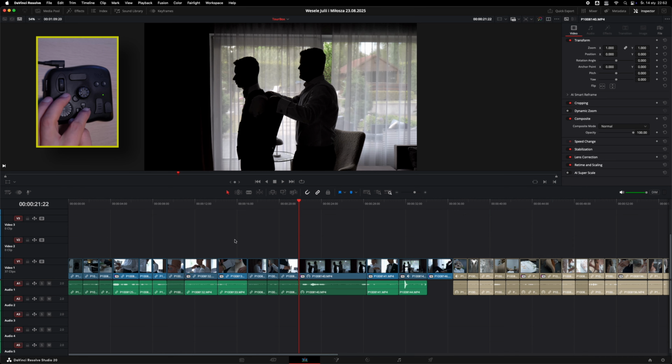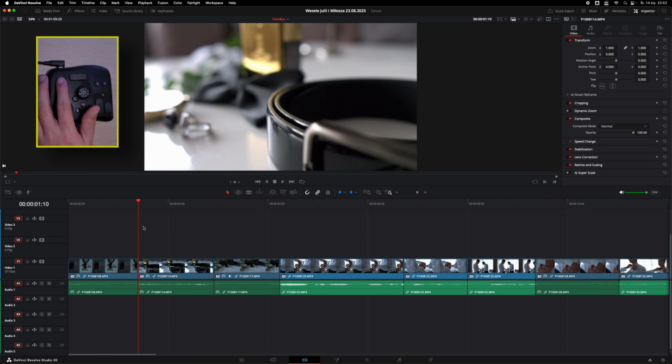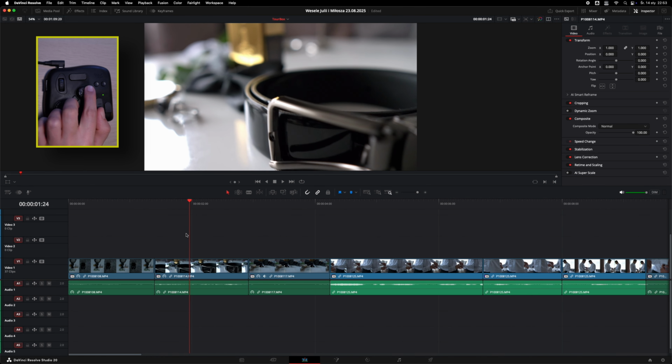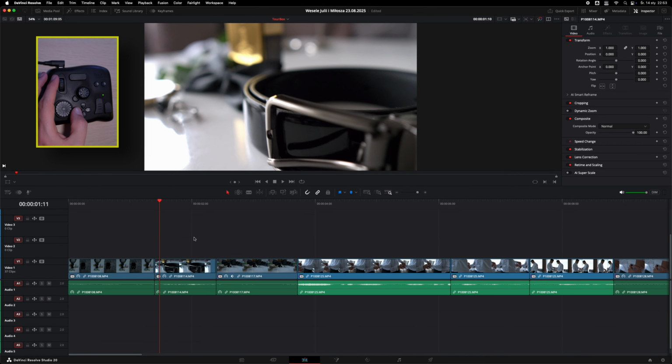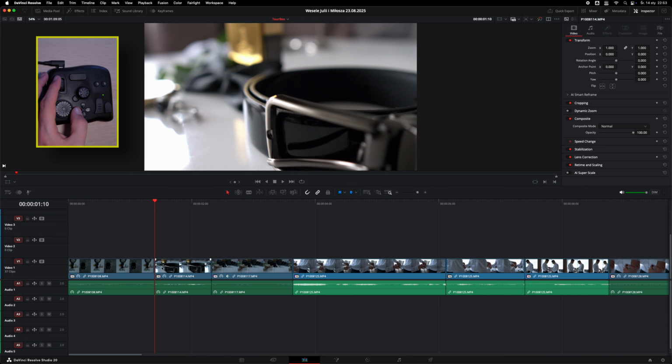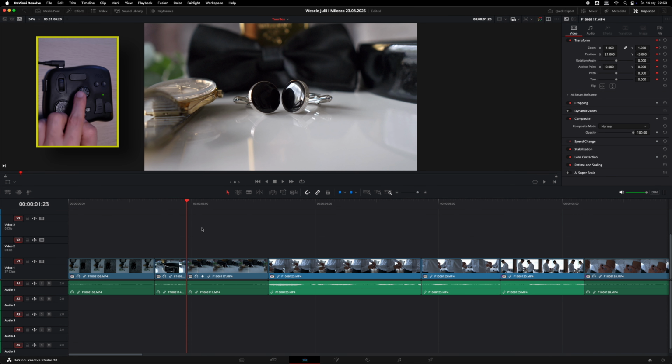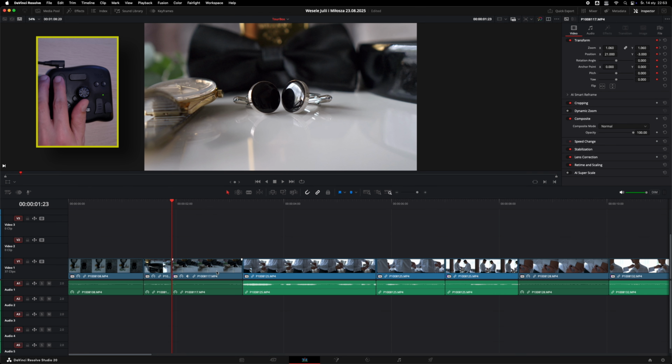Okay, now the left and right, you see this is very helpful with editing. So for example, you want to cut a lot of scenes. So let me show you. If I move the playhead somewhere around here and press left, it will automatically cut and delete the left part of the video. And the same for the right. If I press, it will cut over here and delete the rest of the video. And automatically all the videos will come together.